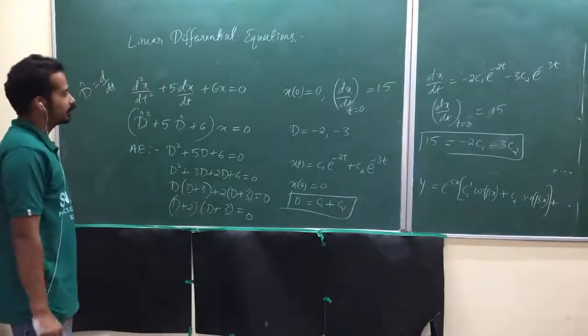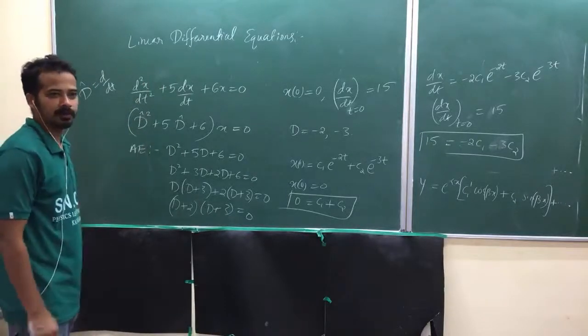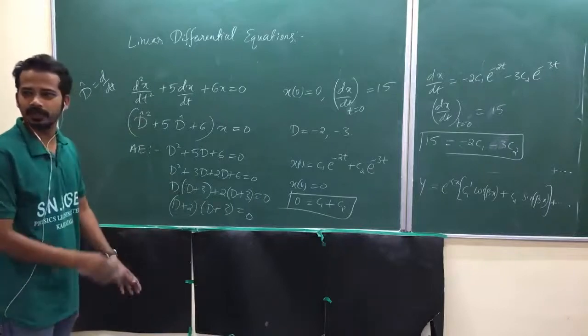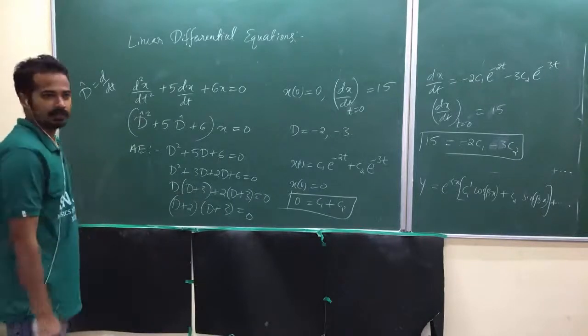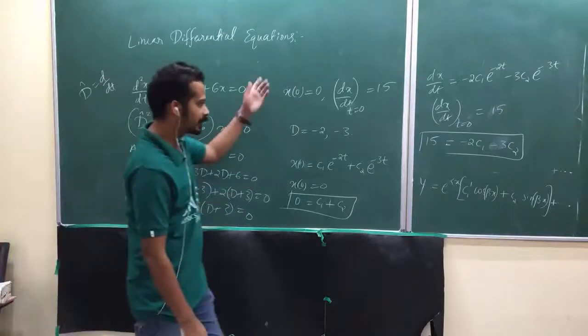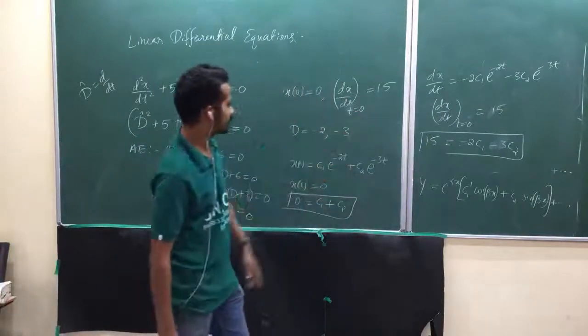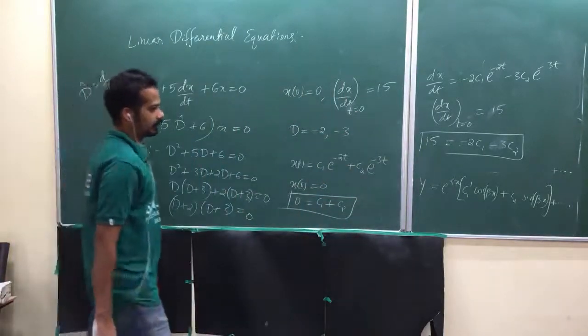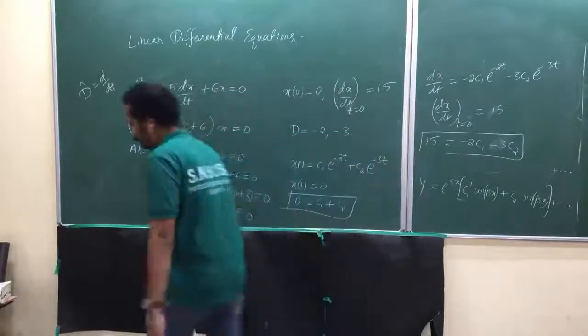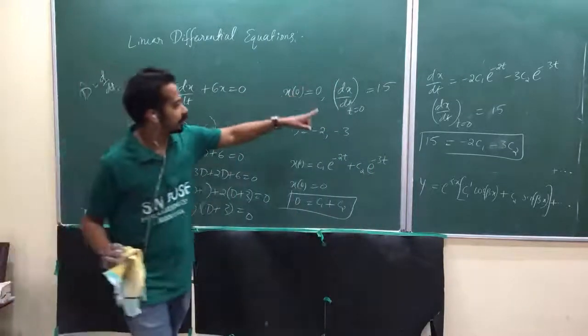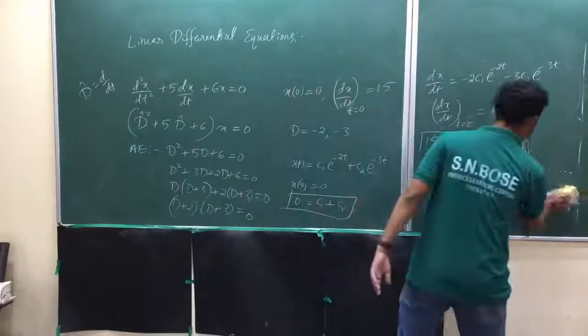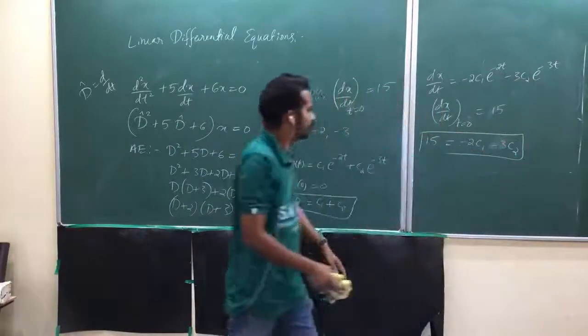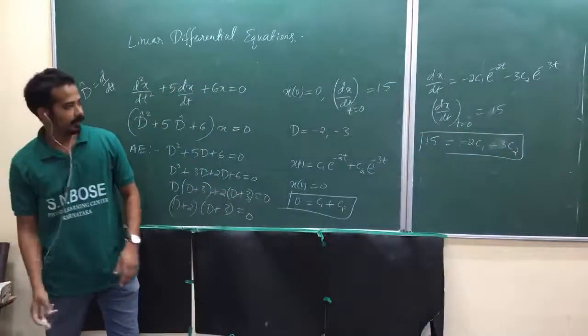So that's why it is better to quickly solve this kind of problem, which is a change of variable, so that it will be practiced. Because you will always think dy by dx, dy by dx. Again, I am also writing the same thing. Try to practice this change of variables. Dx by dt at t equal to 0 is equal to 15, isn't it?